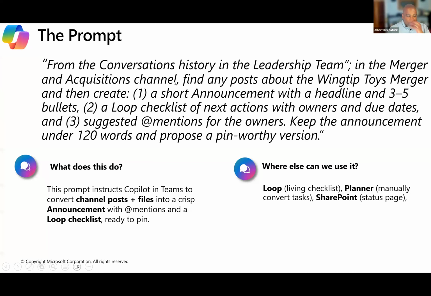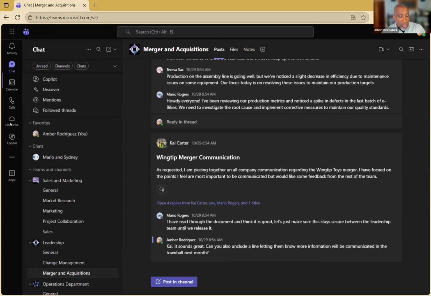So if we pop back here to my prompts: from the conversation history in the leadership team, in the merger and acquisitions channel, find any posts about the Wingtip Toys merger, and then create three things. A short announcement with a headline of 3 to 5 bullets, a Loop checklist of next actions and due dates, and some suggested app mentions. It's that same prompt that I was demonstrating earlier, but now we want to see how this works with live information. So what I'm going to do is grab this. I'm going to copy this prompt, and I'm going to show you